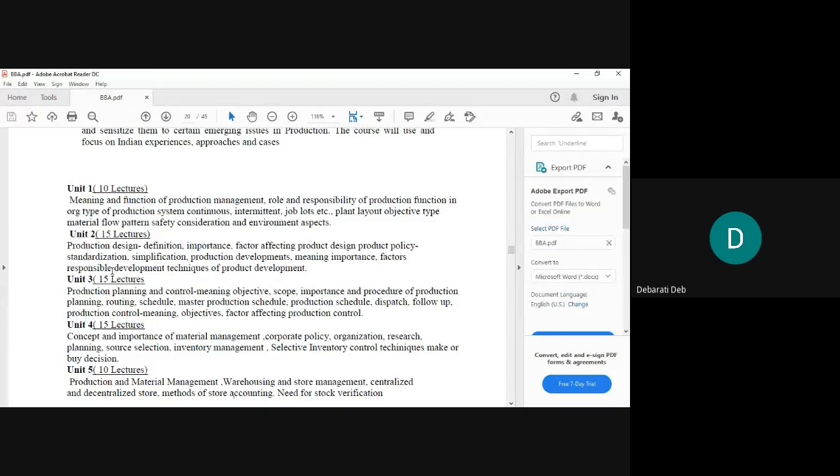Okay, then in unit 2 you can see production design is there. Production design means this product design only, which I taught you today. Then under this somewhere you will also find process design. In product design only, I think process design should be there. Process was also there. Okay, anyways, if you're learning product design, you should also learn process design. So product and process I taught you today.